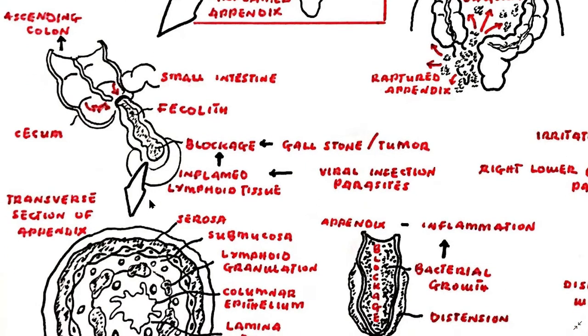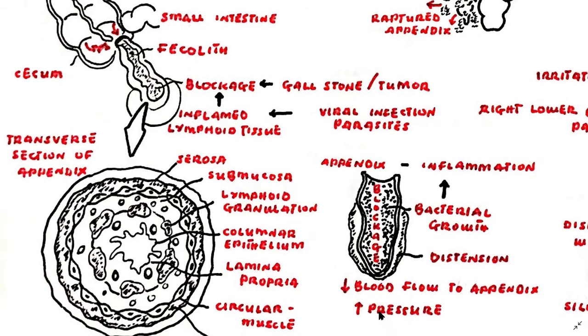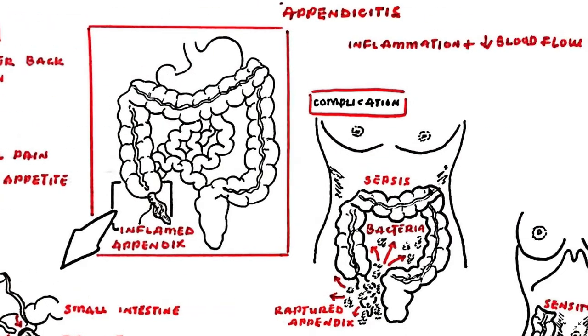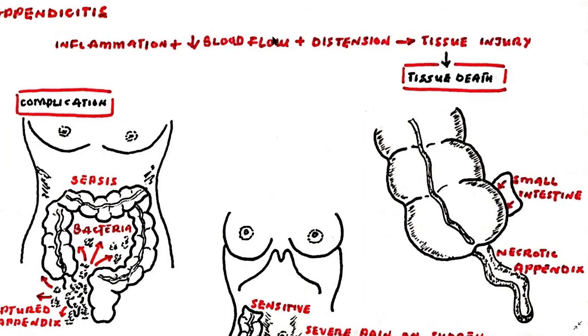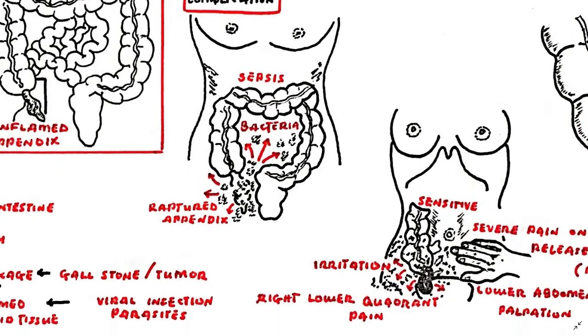Now, this blockage leads to increased pressures in the appendix, decreased blood flow to the tissues of the appendix, and bacterial growth inside the appendix, and this leads to inflammation. The combination of inflammation, reduced blood flow to the appendix, and distention of the appendix causes tissue injury and eventually tissue death. If this process is left untreated, the appendix may rupture, releasing bacteria into the abdominal cavity, leading to